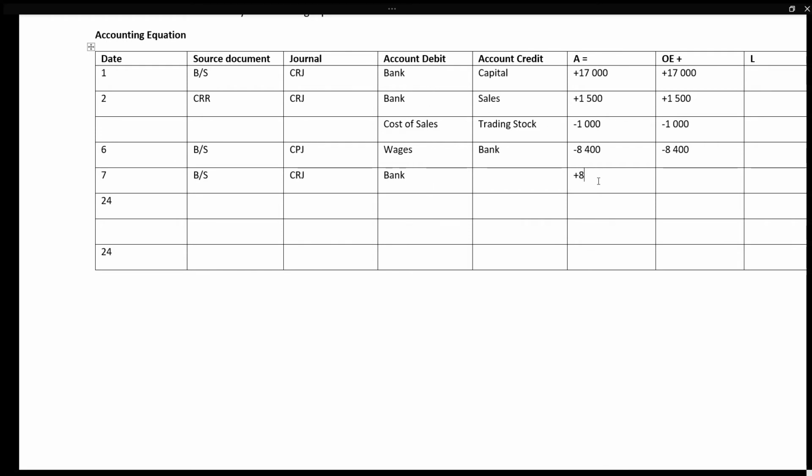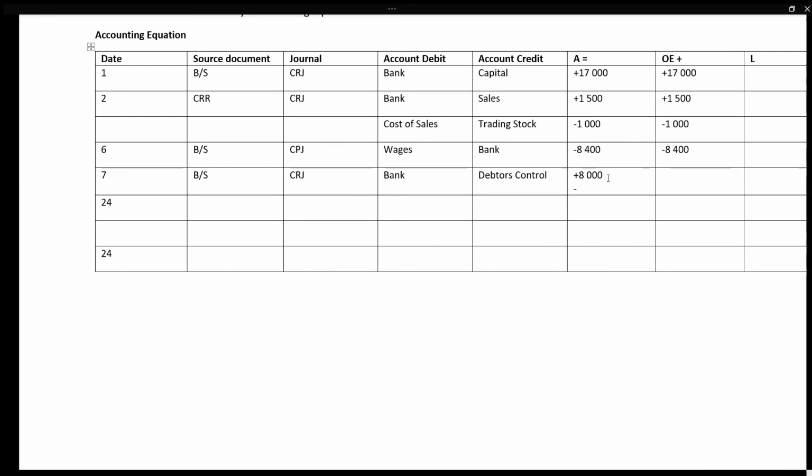Let's show this increase in assets. 8,000 Rand increase in assets. Why did my assets increase? Because a debtor settled their debt. Debtors control is classified as an asset account, and assets decrease on the credit side, and let's show the influence then, minus 8,000 Rand. Right, so basically what happened here, a person owed me money and they settled their debts,